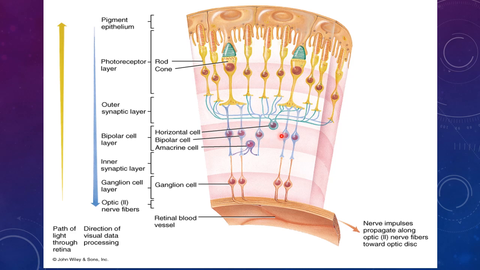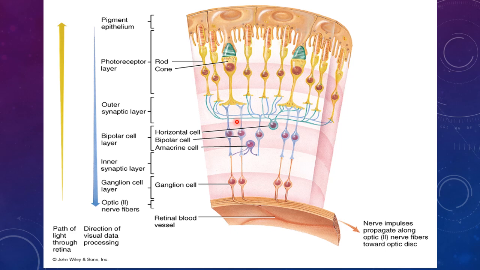Then there is the inner nuclear layer, having the neuronal cell bodies of the bipolar cells, and its axons make synapses with the dendrites of ganglion cells in the inner synaptic or inner plexiform layer. This one is the ganglion cell layer, which gives rise to axons that converge together to make the nerve fiber layer, that is the optic nerve, and deep to this is the internal limiting membrane.